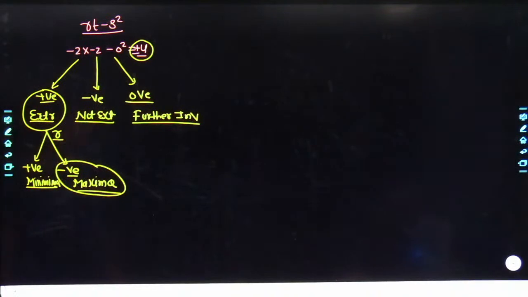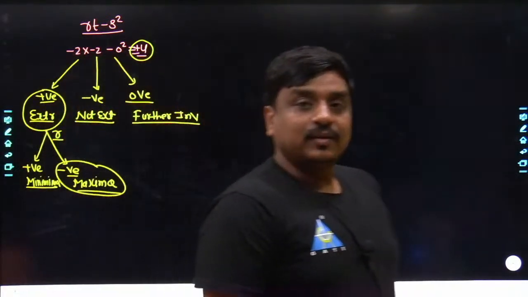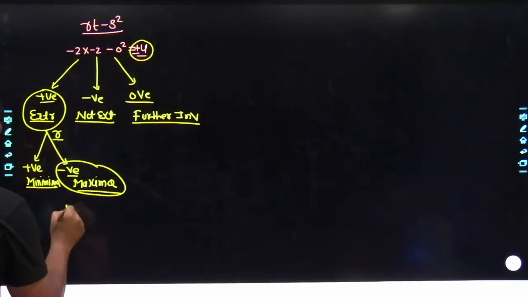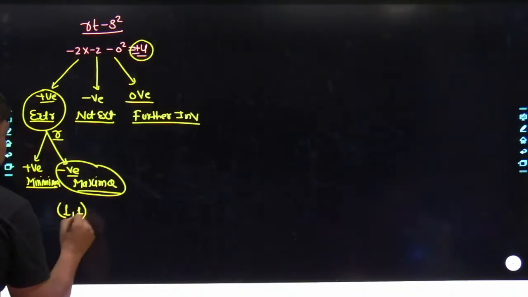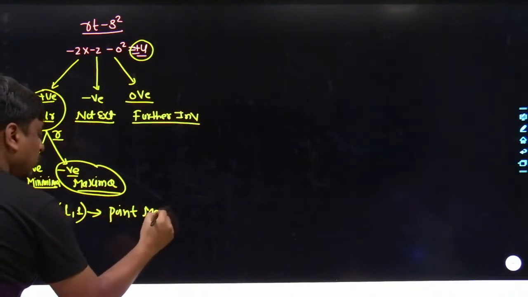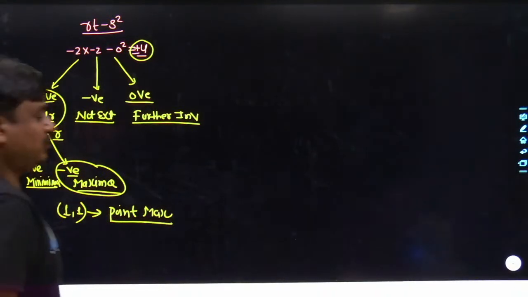So whatever stationary point has taken place now, that is a point of maxima. And where has it taken place? It has taken place at 1, 1, and it's a point of maxima, and obviously coming within the closed surface which we have been taking.